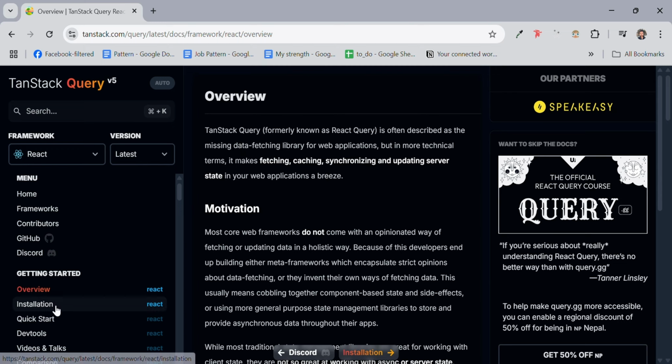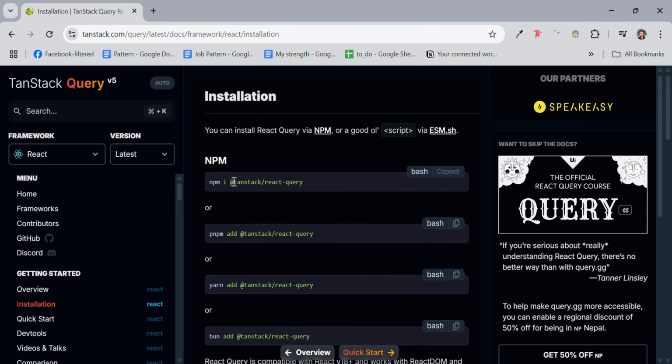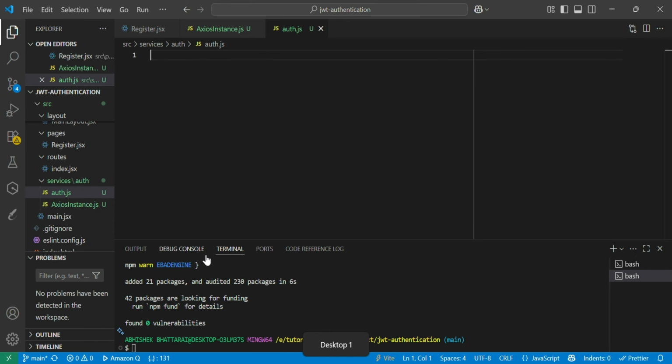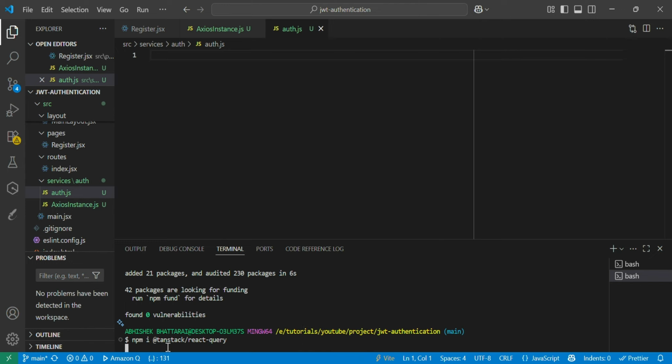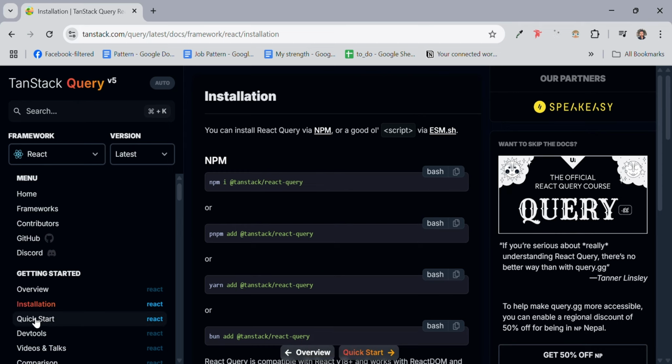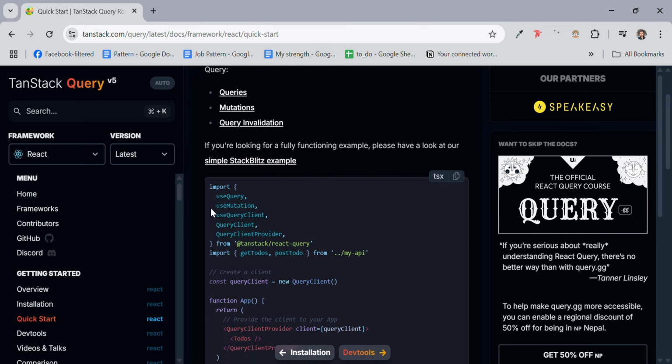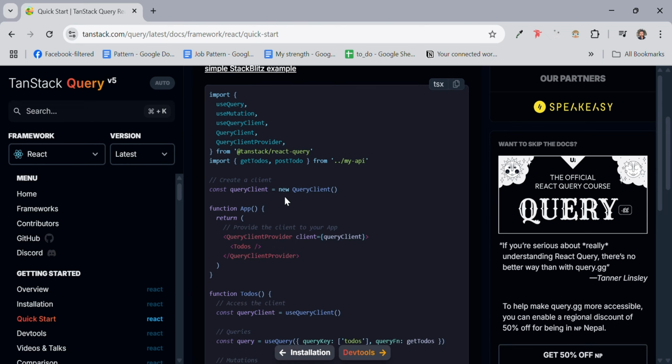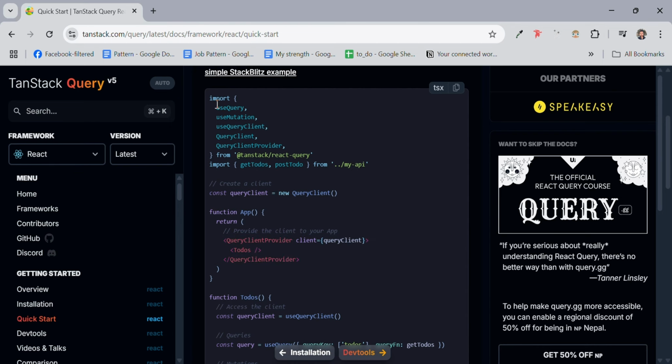Let's go to installation first of all, and let's copy this. I'll be putting the link in the description as well. Let's install it from the terminal, npm i @tanstack/react-query. And let's go back to the documentation again to set up React Query in our application. Click start, and you can get all the code necessary for setup. First of all, we'll need to import all of these things from TanStack React Query. After that, we'll need this query client, and we'll need this wrapper, QueryClientProvider, to wrap our main app. So let's first of all copy these imports, and finally copy this QueryClientProvider to wrap our main